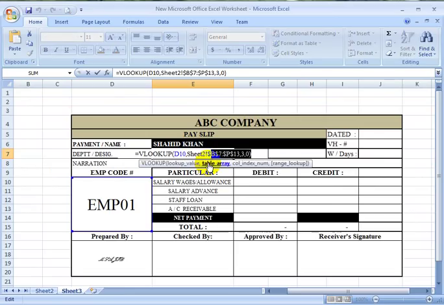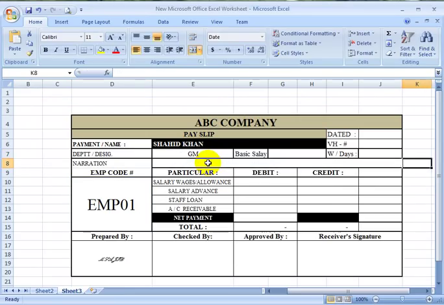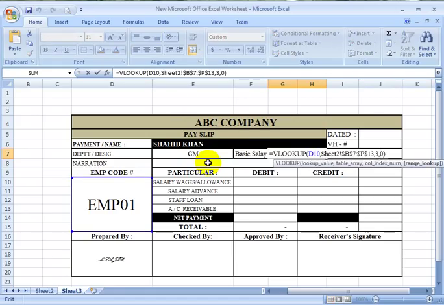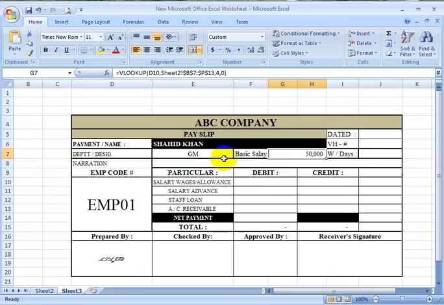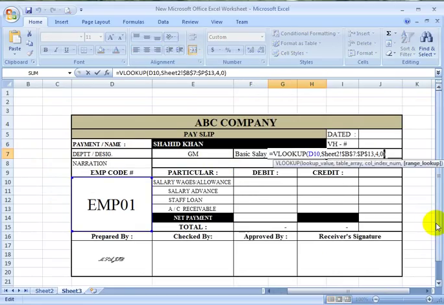That's great. Now copy this formula and paste it in basic salary. Basic salary is on column number 4. You can look from here: 1, 2, 3, 4. That's great.